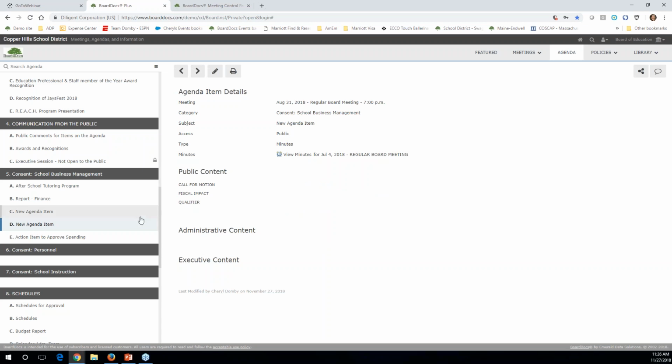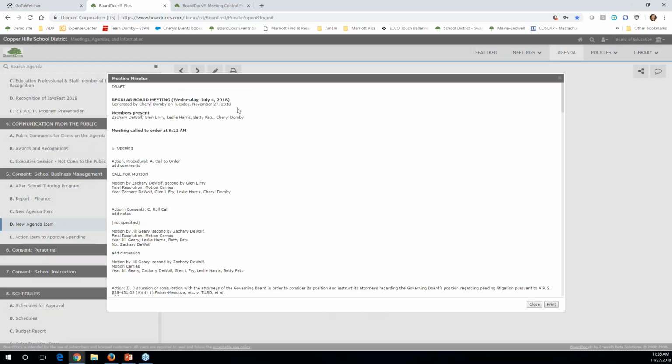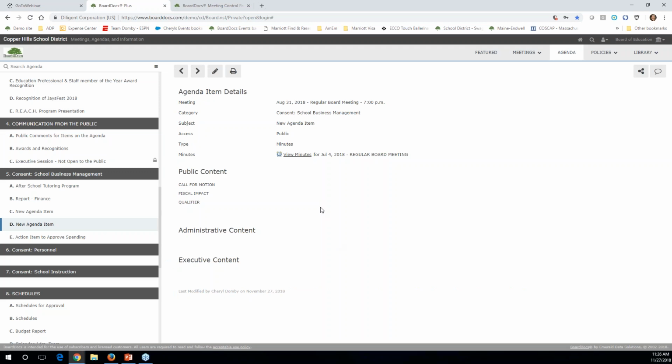And now when the board gets to this agenda item in the next meeting, they can click on here. Now they can see the minutes that you've prepared. So again, you're not recreating things over and over and over again. You're pulling them from creation to your minutes process all in one area and very easily